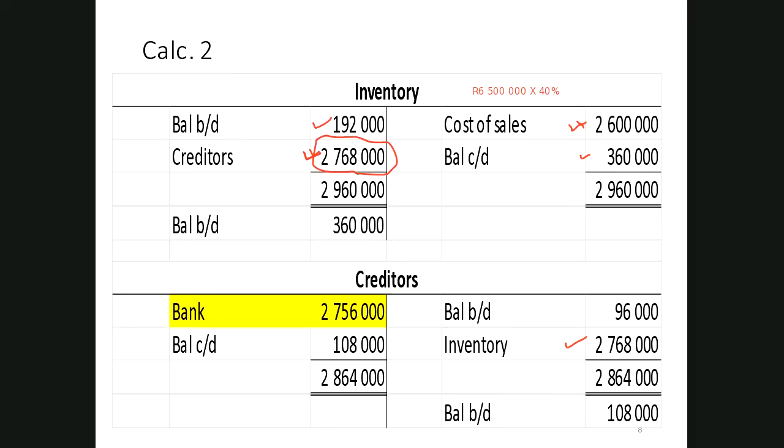So the 2,768 represents inventory purchased on credit during the year, and we had to go and reconstruct the inventory account to get to that amount. Now, because I know how much was owing to creditors at the beginning and the end of the year, and I know how much we bought on credit, I can now work out the amount I actually paid my creditors. Remember, when you pay creditors, you're going to credit bank, debit creditors. So I take the opening balance owing to creditors, I add what was purchased from them during the year. That gives me